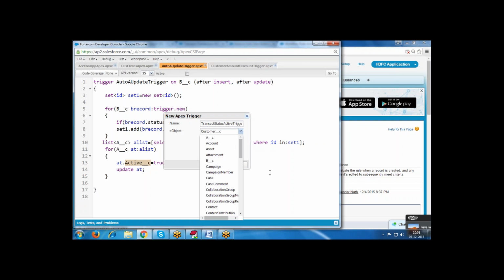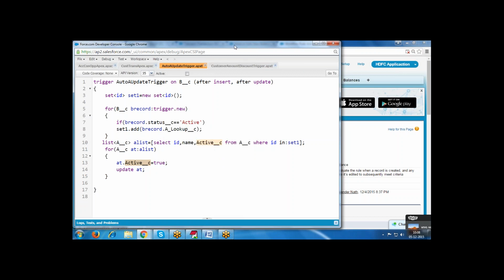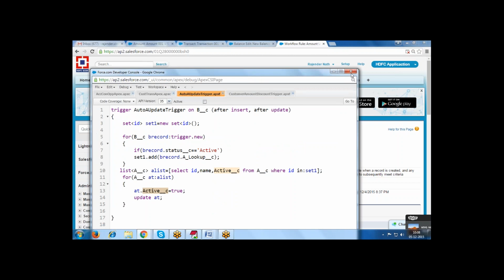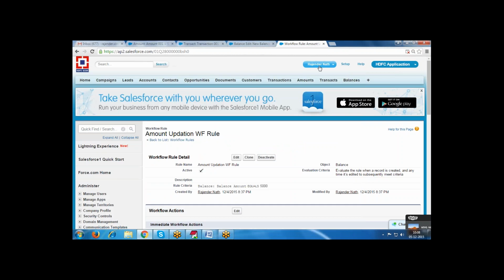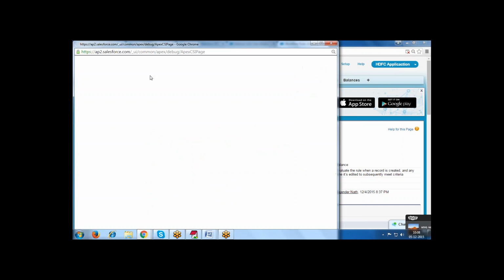Already we opened this one, so that's the reason it is not visible. If you close and open, then it is visible again. We created only the balance just now, so that's the reason it is not visible.